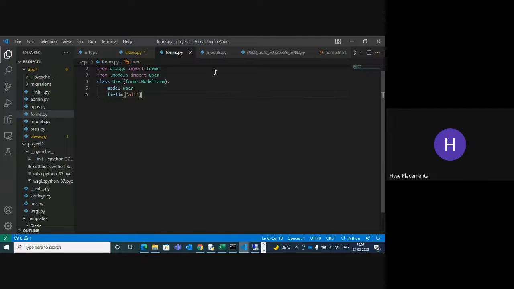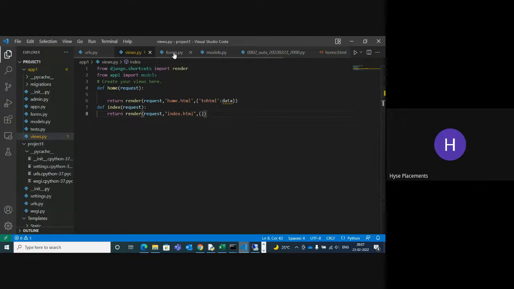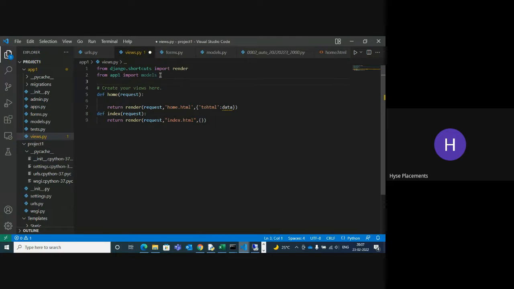Next, I can go to the views file. Where is the views file? This forms file we can retrieve in the views file. How to retrieve?